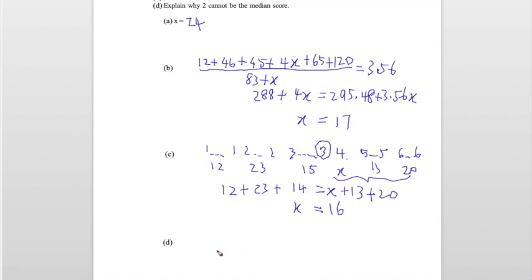Alright, now part D, explain why 2 cannot be the median. Now if 2 is the median, then the lower half of the data will be 34, right? If 2 is the median, then we have 1, 12, 1. We have